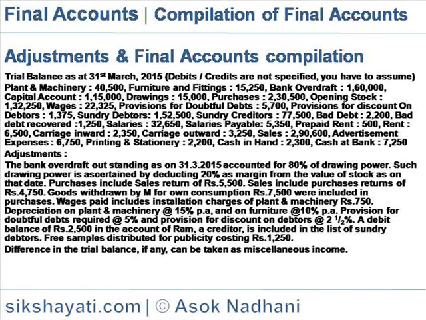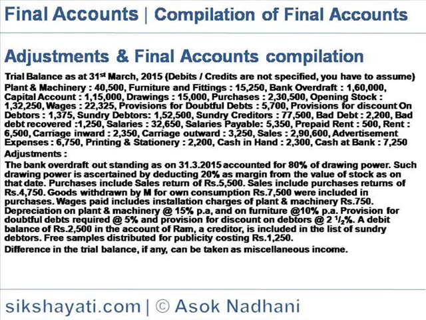The balances are shown: plant and machinery 40,500, furniture and fittings 15,250, bank overdraft 1,60,000, capital account 1,15,000, drawings 15,000, purchases 2,30,500, opening stock 1,32,250, wages 22,325, provision for doubtful debts 5,700, provision for discount on debtors 1,375, sundry debtors 1,52,500, sundry creditors 77,500, bad debts 2,200, bad debts recovered 1,250, salaries 32,650, salaries payable